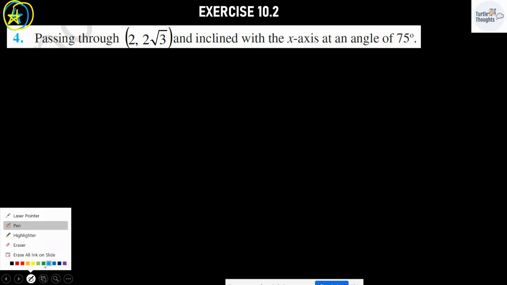They have given a coordinate which is 2 comma 2 root 3. So I can write whatever is given. So one of the coordinate x1 and y1 that can be taken as 2 comma 2 root 3, right? Next, inclined with x-axis with an angle of 75 degree. Here they are not talking about m. However, they have given theta is 75,